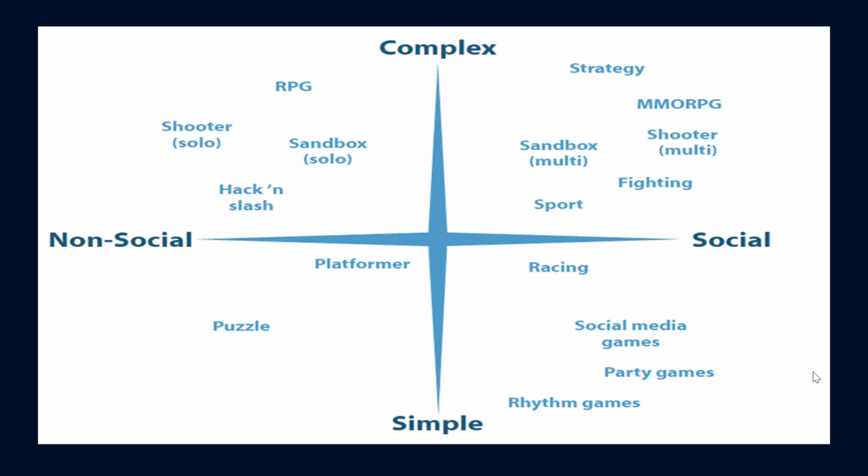There are millions of video games that have been designed to allow players to actively engage with them and others in an interactive manner. Given the diversity of genres and dimensions on which video games can vary, some researchers have found it helpful to use a conceptual map that depicts genres along two dimensions. These two dimensions include complexity and social interaction. Complexity can vary as far as simple and complex, and level of social interaction can vary as far as games being non-social and social. It should be noted that these conceptual maps are simplified approaches because some games are multifaceted and allow the user of commercial video games to play cooperatively and competitively.